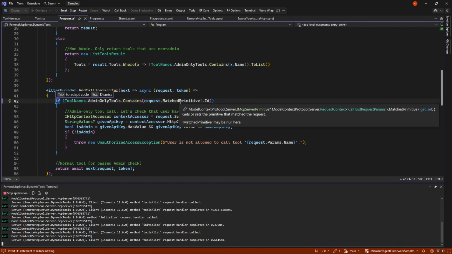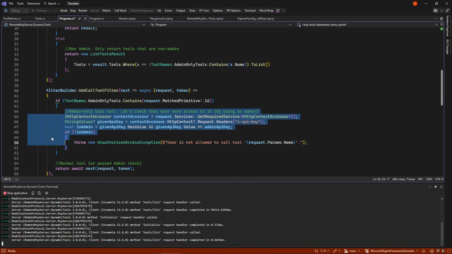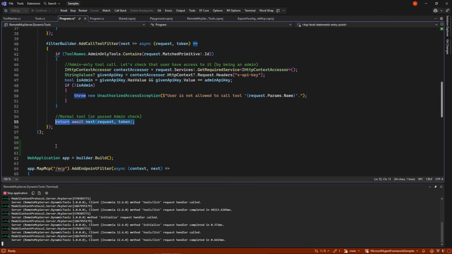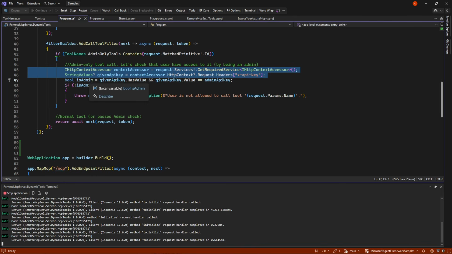This is the common word for resources, tools, and so on. So if it's an admin tool that we are calling, then we need to double check that we are actually allowed to call it, else we can just do the normal await next. And in here we do exactly the same. We just get what the given API key was for the call and check if we are admin. And if we are not admin, we throw an exception that we are not allowed to call this tool.